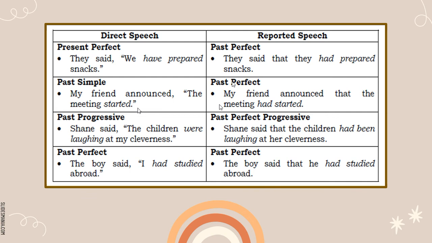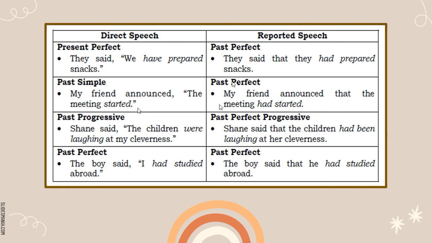So, other significant word changes from the direct speech. We have now or yesterday, and then in the reported speech, it becomes then and the day before. Here becomes there. Tonight becomes that night. Today becomes that day. This becomes that. Tomorrow becomes the next day. And this becomes those, if you are going to change the direct speech into indirect speech.